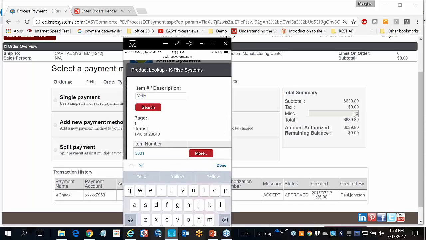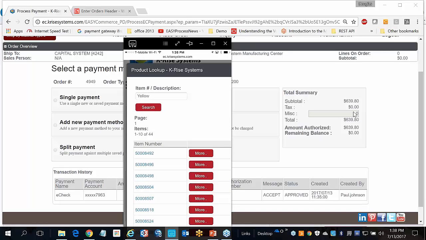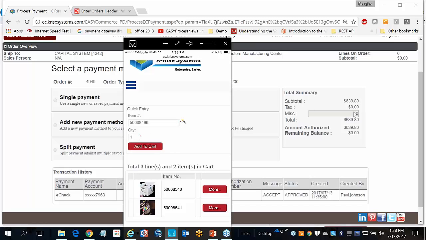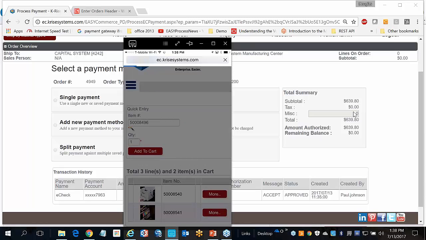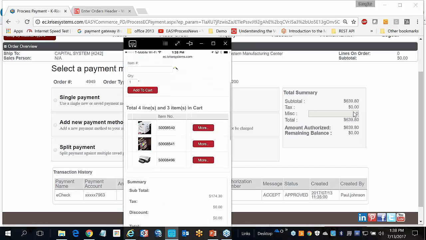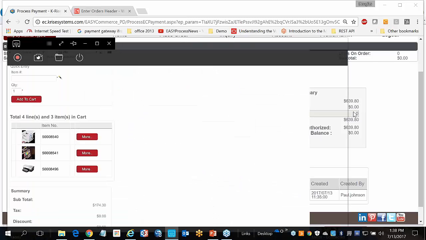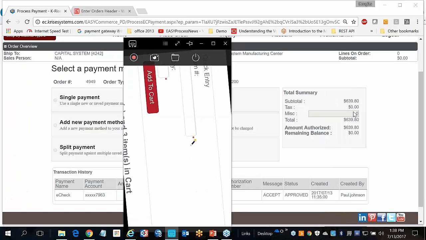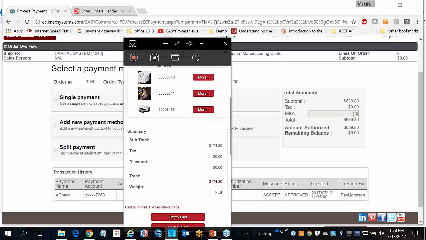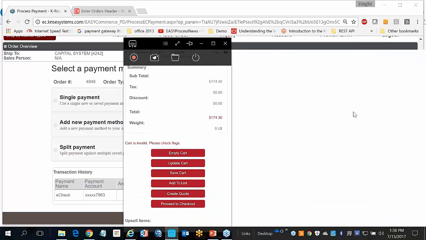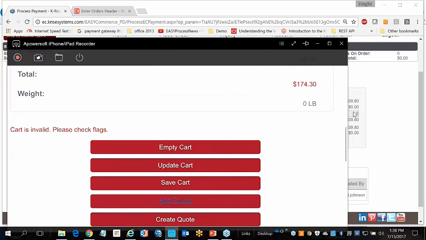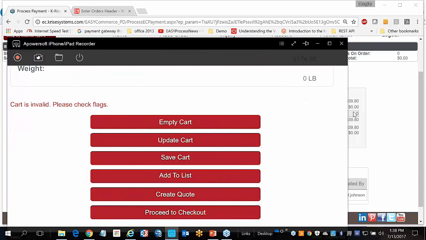And so once again, we're looking at the 23,000 items. If I was to do a search, and I showed this example, on the word yellow, there's only 44 items. Let's go ahead and select that one and add that to the cart. So now I have 3 items in the cart. Once again, I'll go from portrait to landscape and come up through here, and notice the options on the bottom. There's landscape, and if I want to proceed to the checkout at that point,